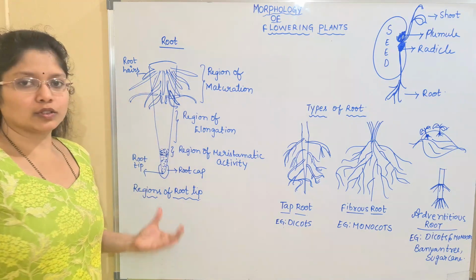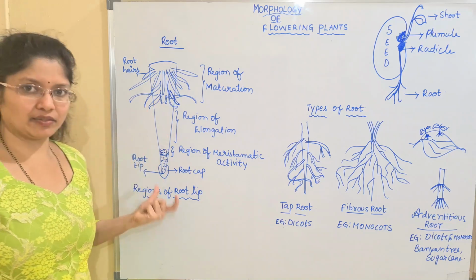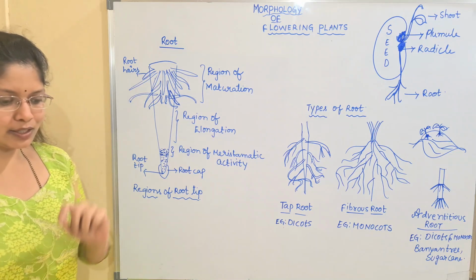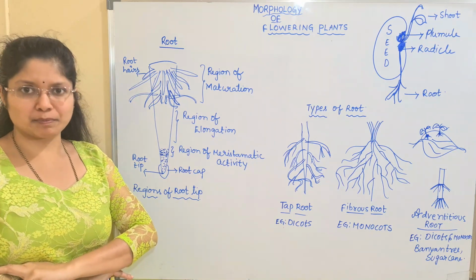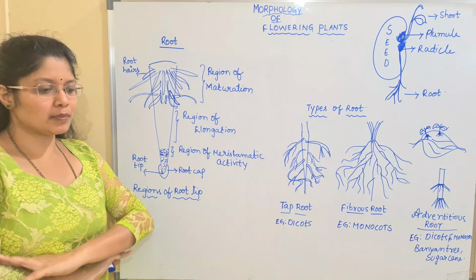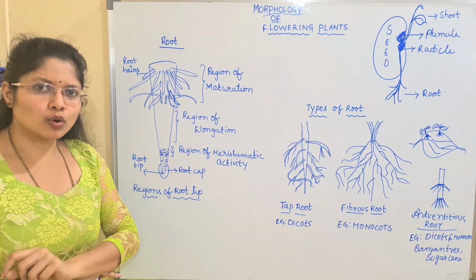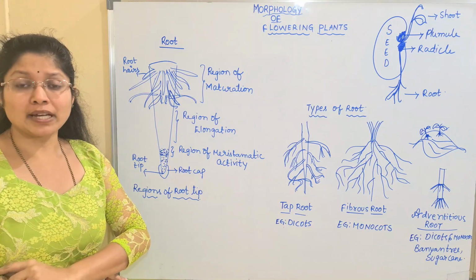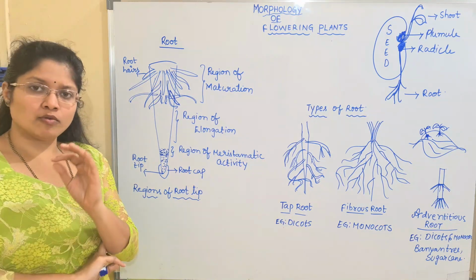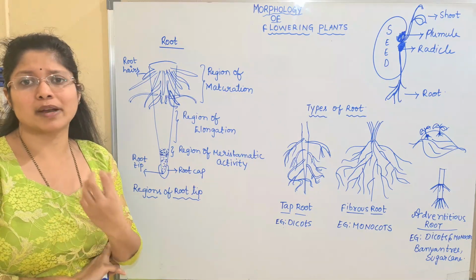This is the structure of the root here. We are looking into the total region of the root, the main root I have given here, along with the root hairs. We all know the root lacks pigment and is non-green in color, and is present below the soil. What are the major properties of the root that we have to discuss here? The root grows positively geotropic and negatively phototropic. What is the meaning of these terms? Phototropic means with respect to light, geotropic means with respect to gravity.